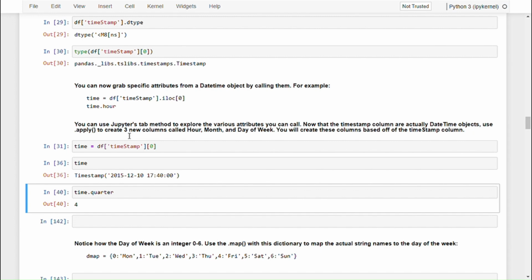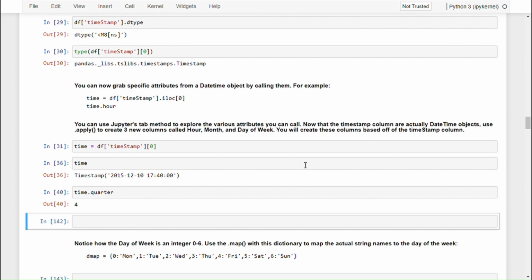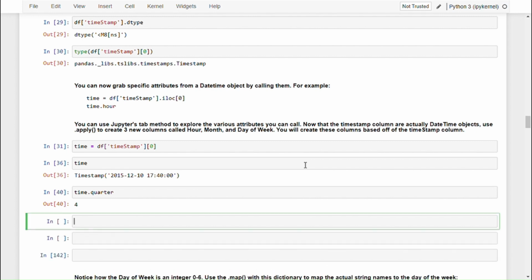We have to use the apply method to create three new columns called hour, month and day of the week. You will create these columns based off of the timestamp column. So what we have to do here is create new columns, one for hour, one for month and one for day of the week based on this timestamp column. So what we will do is take our timestamp column, use the apply method, pass in the lambda expression,